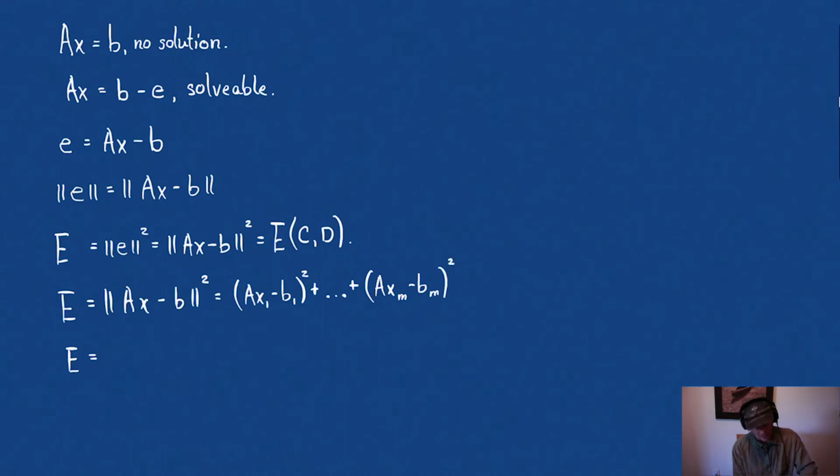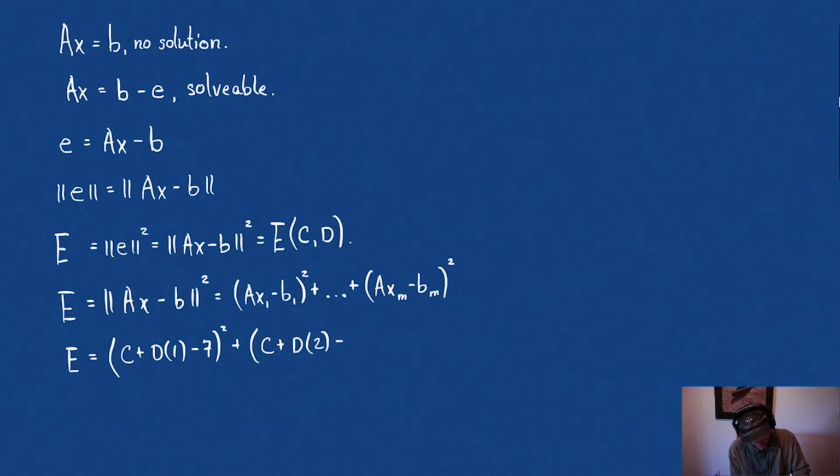Well, let's just write that. So our first ax1 minus b1 we said was c plus d times 1 minus b1, which was 7, squared, plus our next error was c plus d times the data value t was 2 and the b1 was 1, squared, plus c plus d times 3 minus 1, squared. And there, now we can find the error. We can measure the error for a problem. But before we do that,